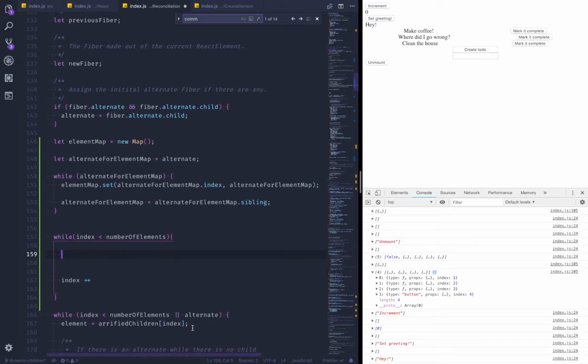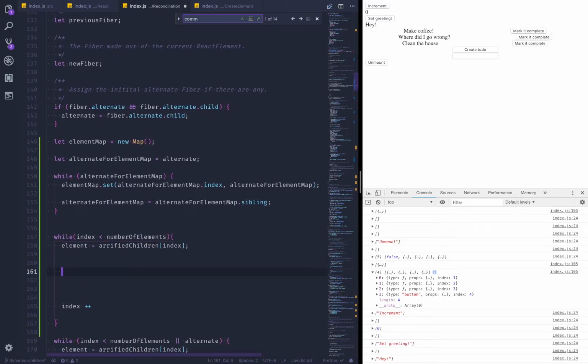we need to have the element there. We need to grab the element. So now we have the element here, and a good way to start would be to check if there is an alternate with the same index, because now we're just simply assuming that if the element index and the alternate index matches, they are the same one. So actually that's why we need the map, because with the map the lookups are much faster and easier. So